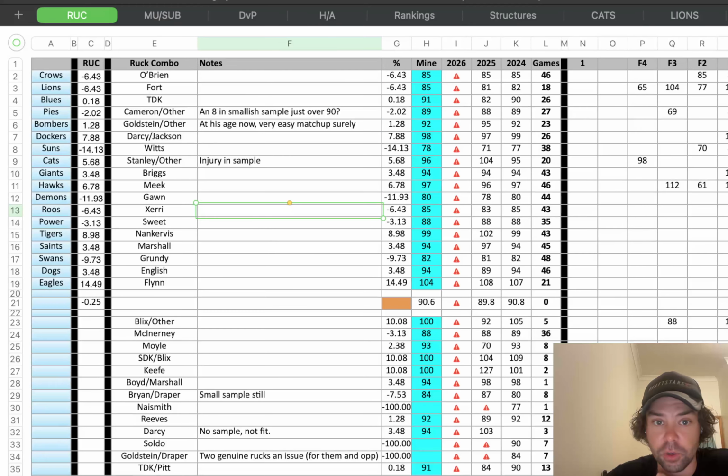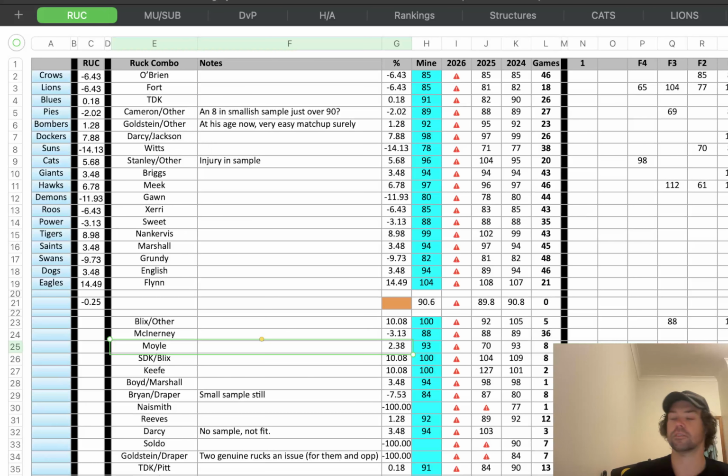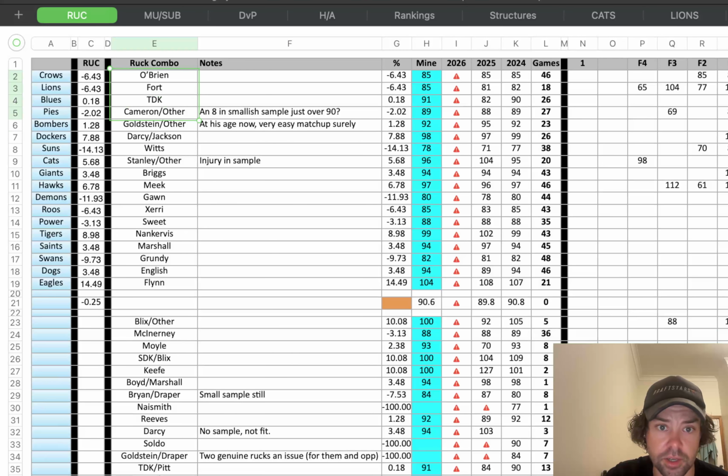There's one more page for the AFL, which is a ruck page. Obviously, ruck is a bit different to other positions. If Jared Witts is out for the week, who's pretty much the hardest ruck matchup there is, and Ned Miles is in, then the Suns' ruck history is kind of worthless. So I've split it up into individual players and done the same thing. Whoever the lead ruck is for the week, or sometimes I organise them as a ruck combo.